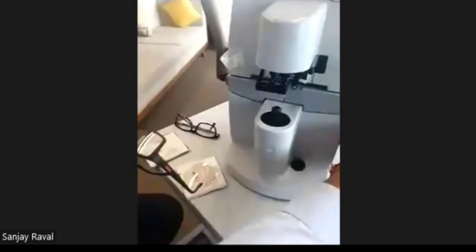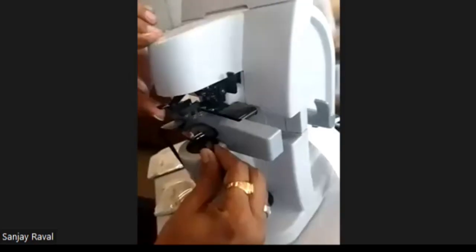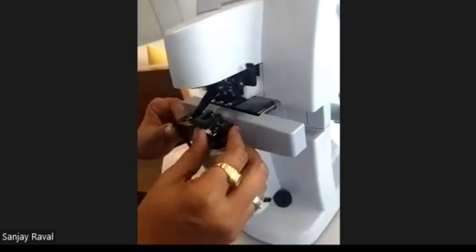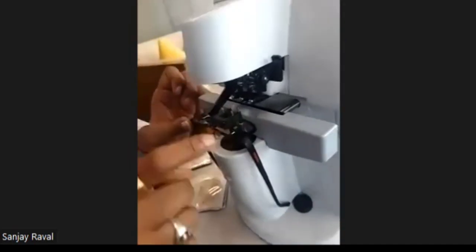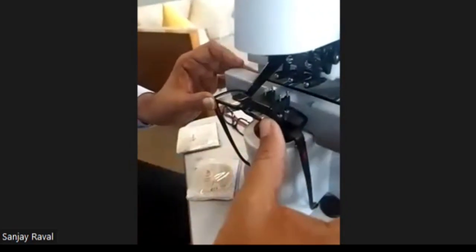So we recommend, this is a lens table. We just need to extend it. I will just put my glasses facing inner, the reverse. I will just hold both the bottom of my spectacle, lower rim should touch the lens table, and then I will